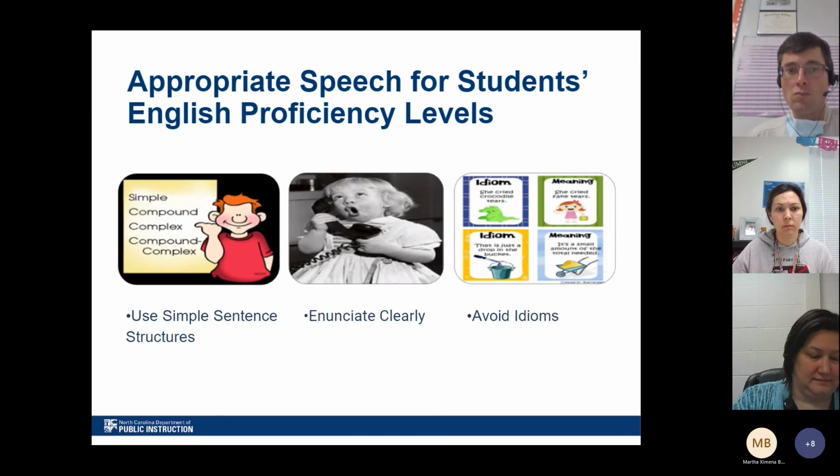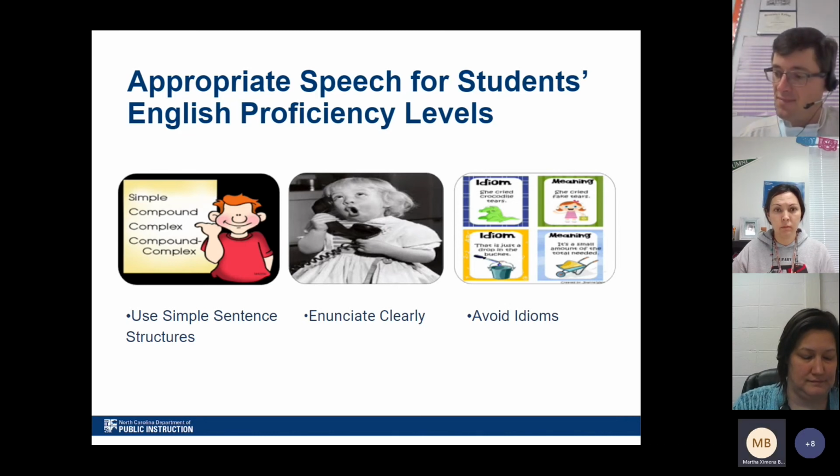One way to do it is by choosing appropriate speech for students' English proficiency levels when we provide instruction. Teachers can start with using simple sentence structures and increase the level of complexity as the students become more proficient in English. It is also very important that teachers enunciate clearly and adjust the rate of speech to their students' level of proficiency. And lastly, it's important to avoid idioms because English learners may have difficulties understanding them unless they